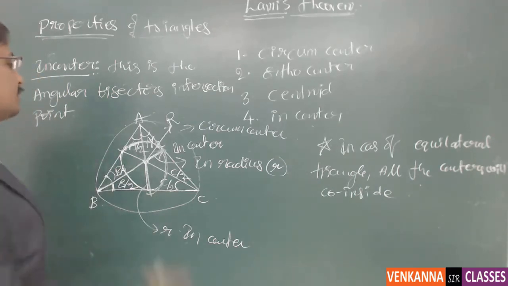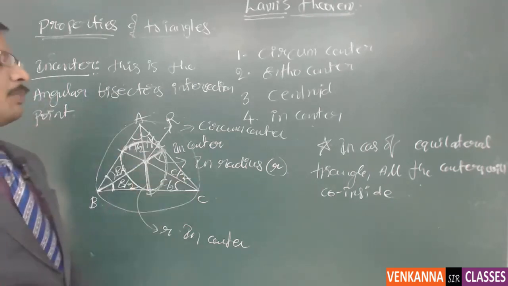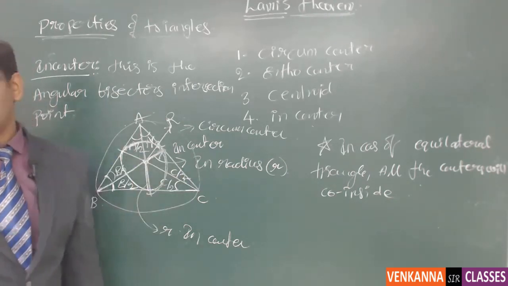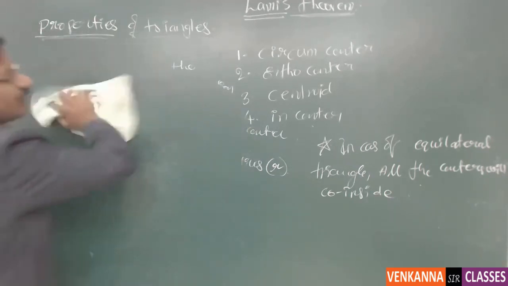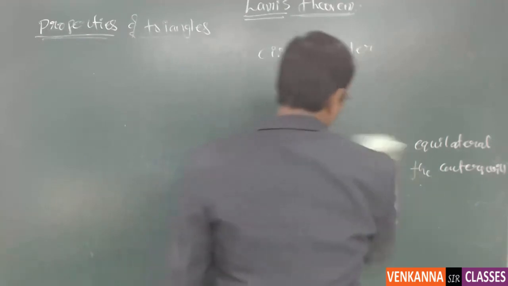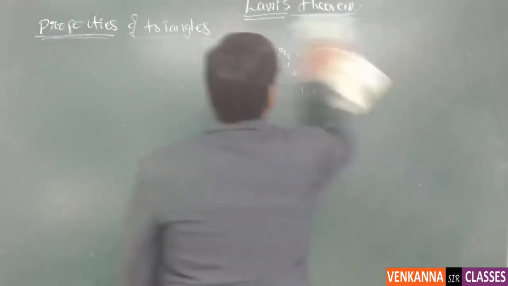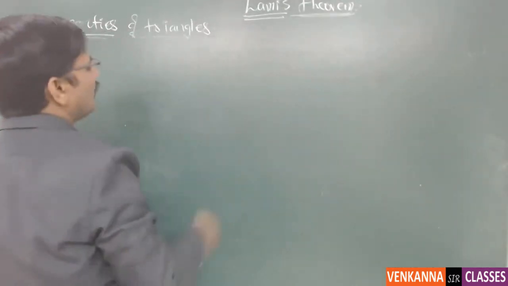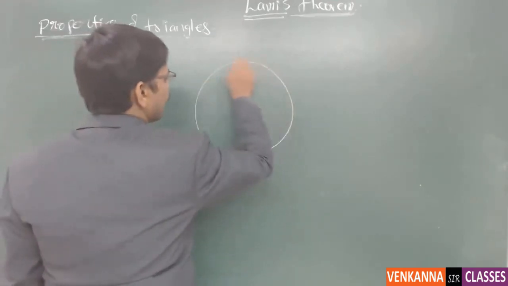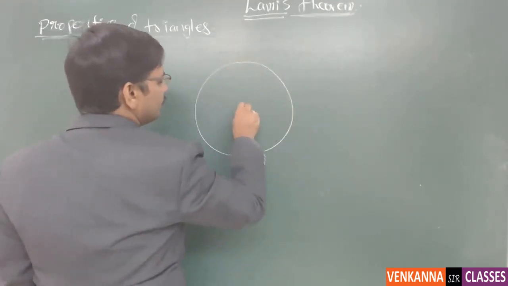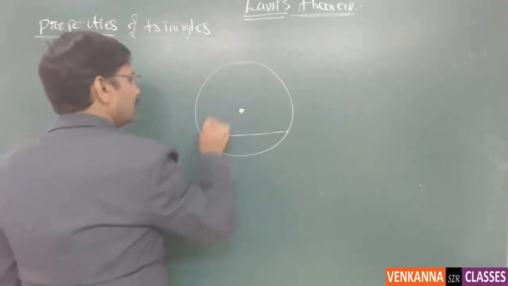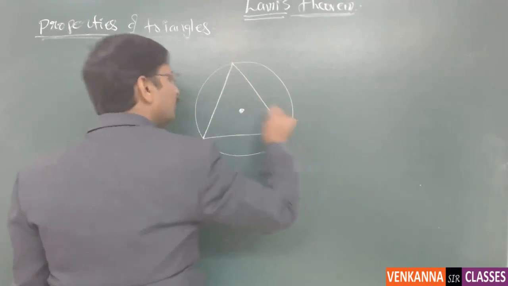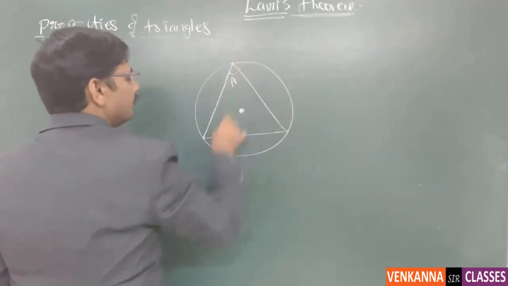So all these things are fundamental to understand Lami's theorem, because it will be based on these properties that he will be asking the questions. Yeah, great. And one more important circle property we are going to use in case of Lami's theorem is, if you draw a circle like this, and let us say this is the center, and this is a chord, then the angle made at the top, let us say this angle is A,